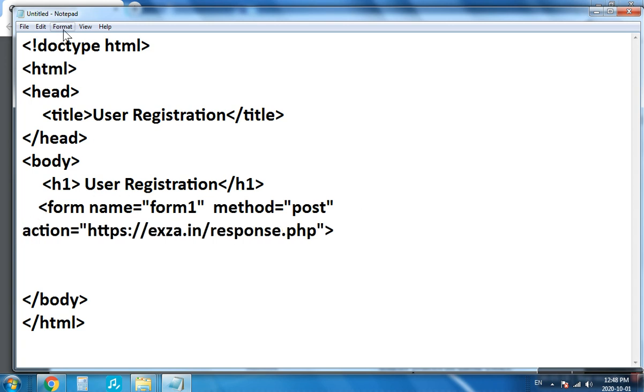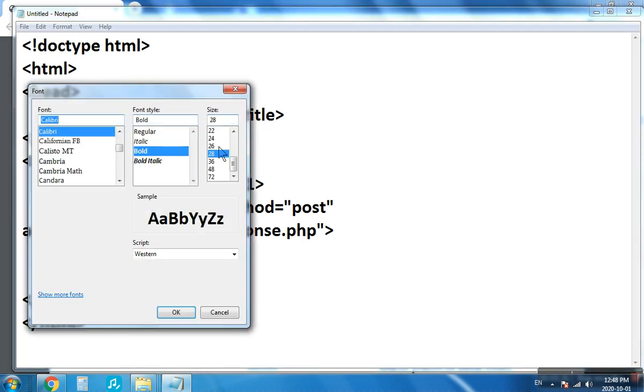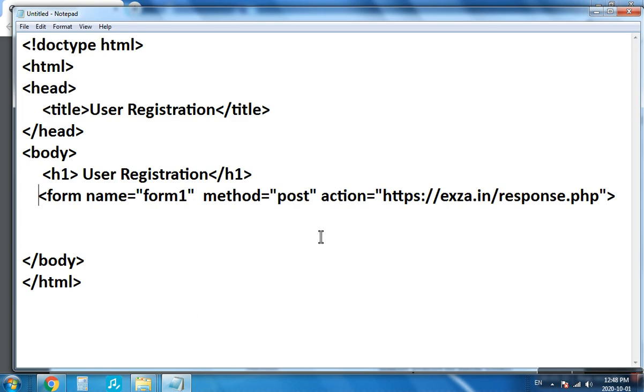So just reduce the font, so that it comes in one line. Okay. So see the form tag, name I have used, method I have used, and action attribute.